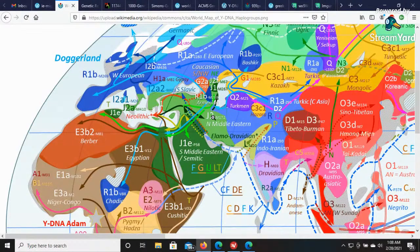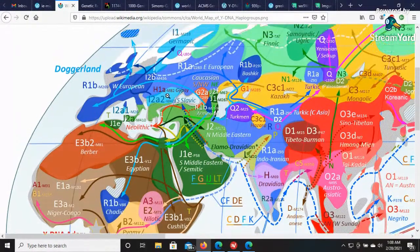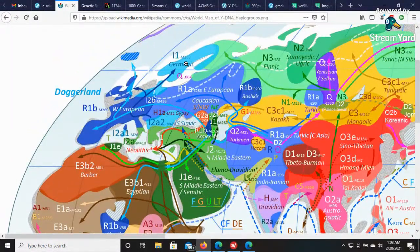You can see it as these are the sons of Abraham. Seven sons, because they had identical DNA. Seven sons of Abraham that were not Isaac, and all the descendants of Isaac and Jacob, which are the 10 tribes of Israel that moved up all in this area here, went all the way. See this I1 M253, it says Germanic. It says Germanic because it's from this area of the Germanic tribes. You've heard of Germanic tribes, right? They're Israelite tribes,